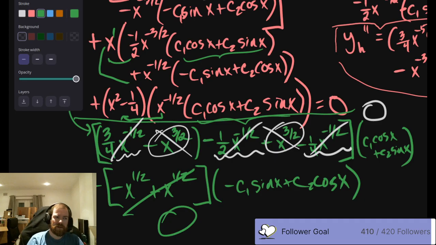So no matter what C1 and C2 are, if we plug it into this differential equation, we get 0